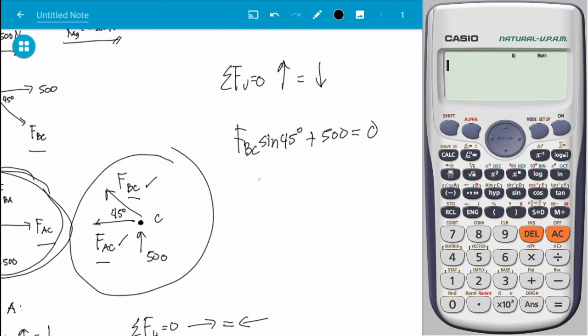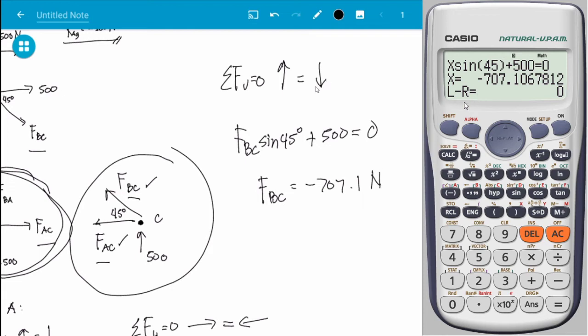Okay? So, we can actually just use our calculator to solve for FBC. So, check na yung calculator natin. So, FBC or X sine 45. By the way, make sure na degree yung angle ninyo. So, yung iba dyan, ang ginagawa is shift solve, di ba? Redundant na yung shift solve kasi you can just use yung basic algebra lang. So, pag nag-shift solve kayo, anyway, makukuha nyo yung sagot na negative 707.1